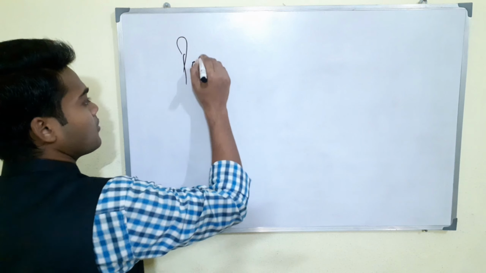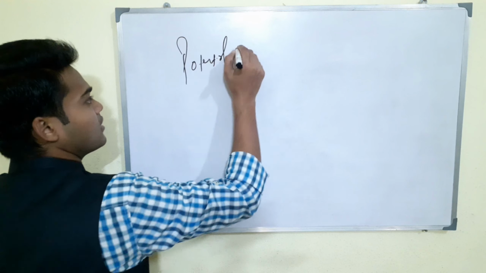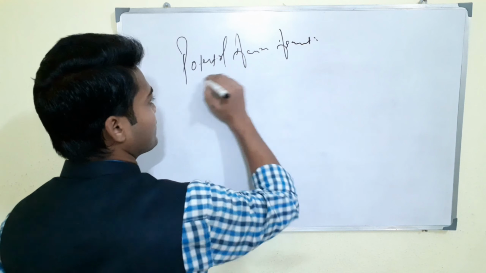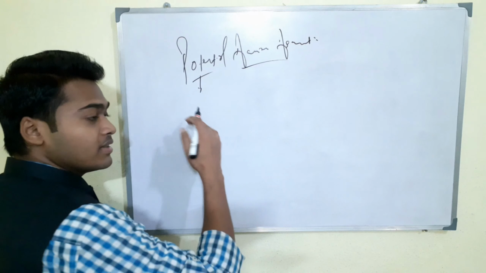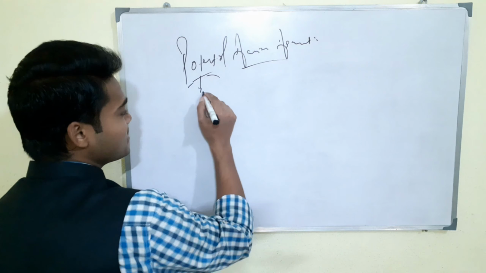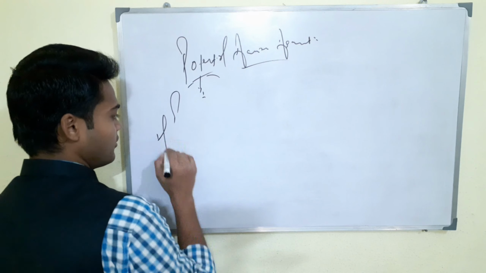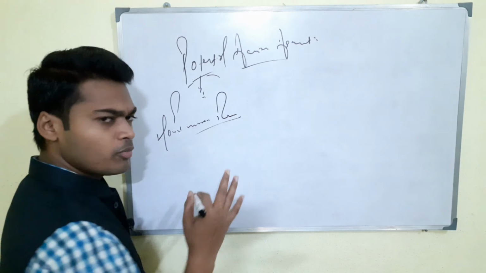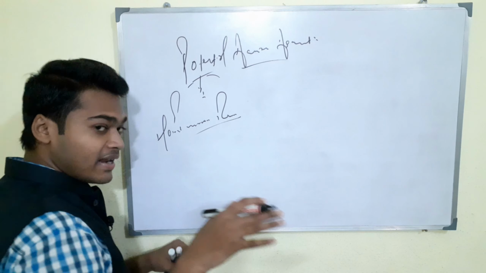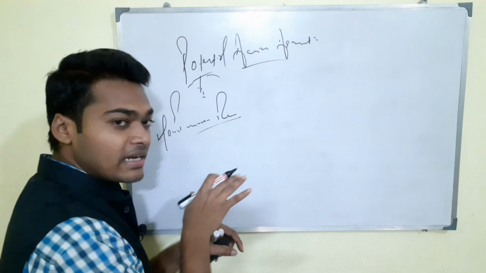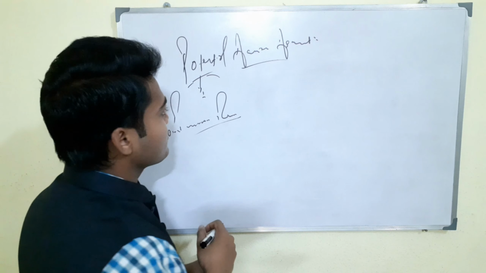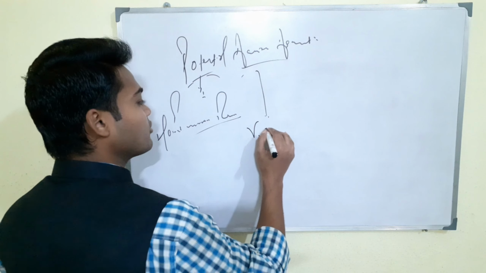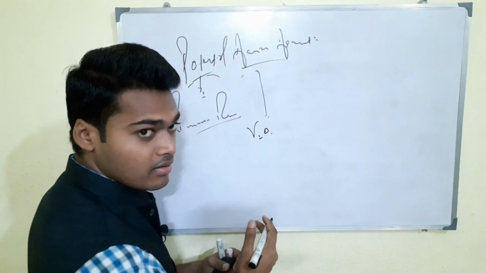Basically, potential acuity assessment, right? The word defines the meaning of the entire session. Potential means how much power, right? How much power, the common meaning of potential. And I relate that potential to clinical practice within a fraction of a second. Just wait and watch. Potential acuity means, we know visual acuity means the resolving power of the eye, right?